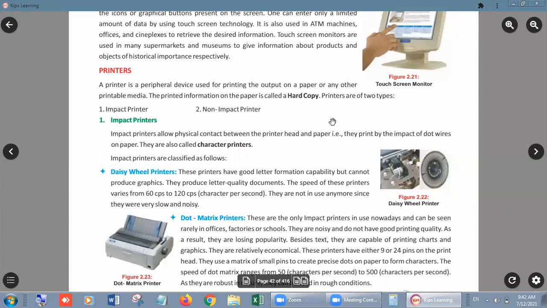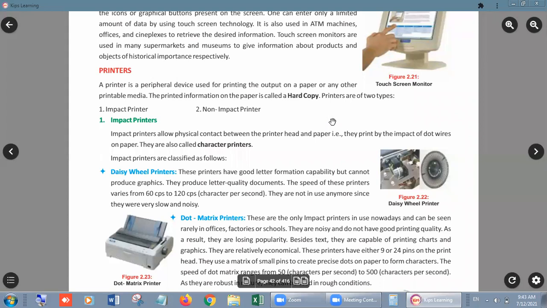And today we will cover our lesson number 2 from standard ninth, that is input and output devices. Today we will cover the printer portions. Look, students, we were discussing the output devices, and in output devices, printers are the main and a very important output device, because of the printer, we can take a hard copy of our file which we prepare in our computer, right? So we have basically two types of printers.